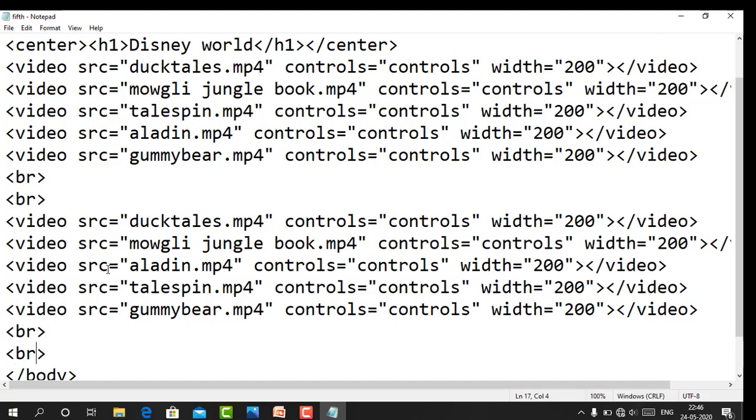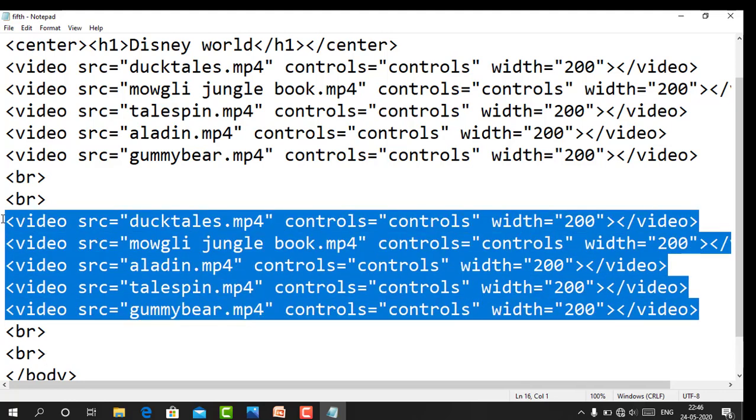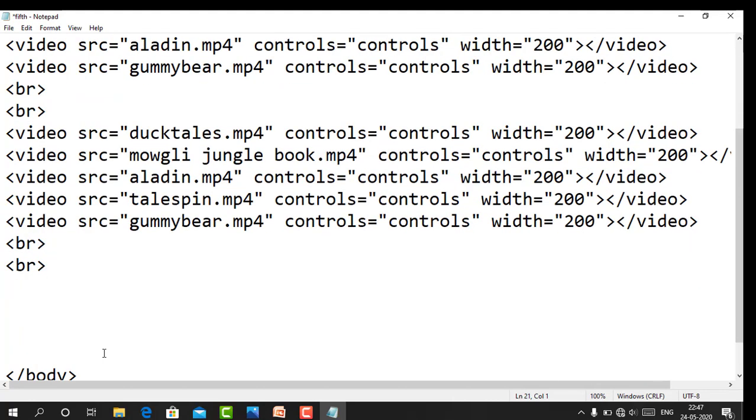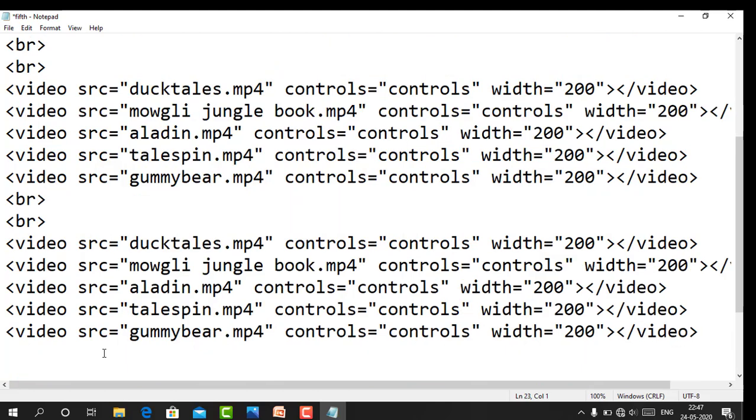Ctrl+S, and again five lines I will copy and again five lines I will paste here. Just save this file and run it.